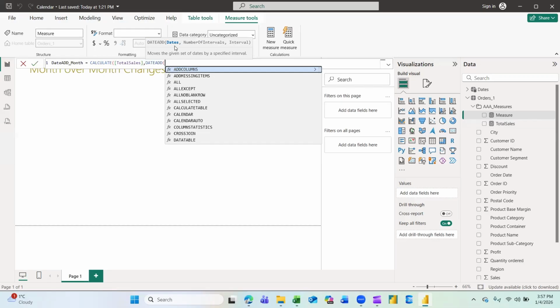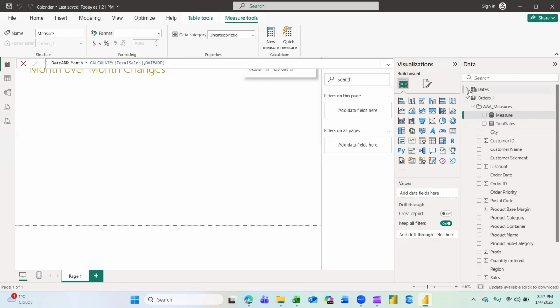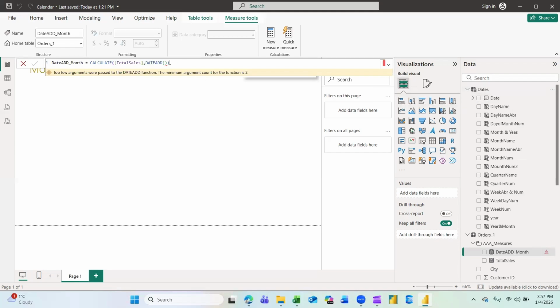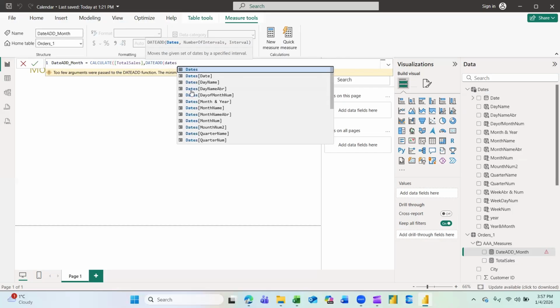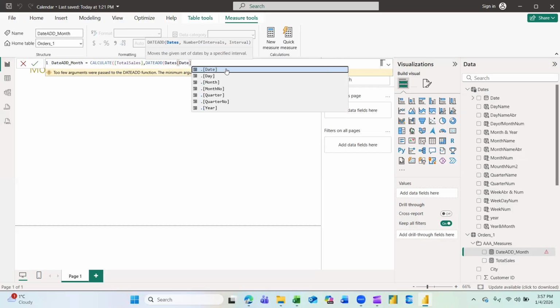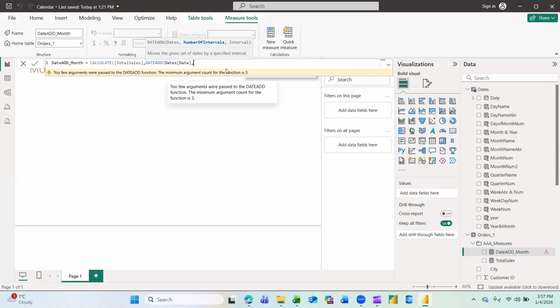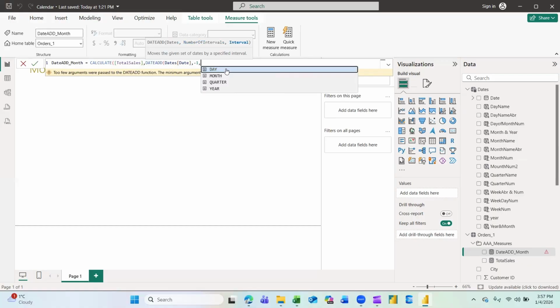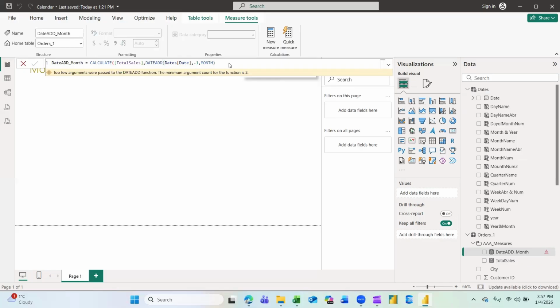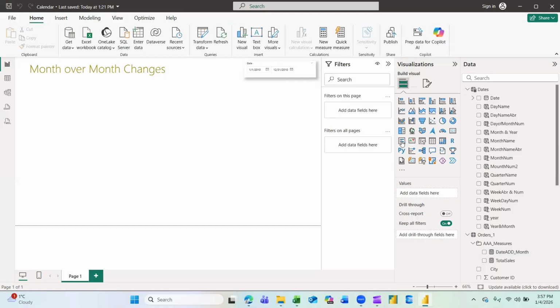We need to add now the dates, which we have here in dates, date. For number of intervals, we want to shift data with one row, so we'll say -1. And for interval, we can choose whatever we want, but now we will focus on the month. So we'll choose month.